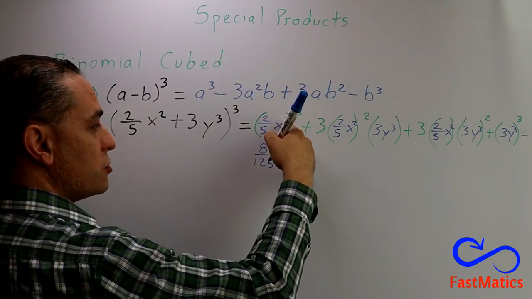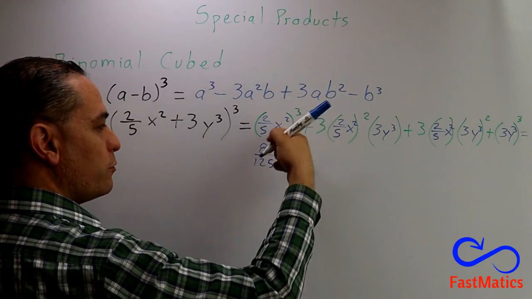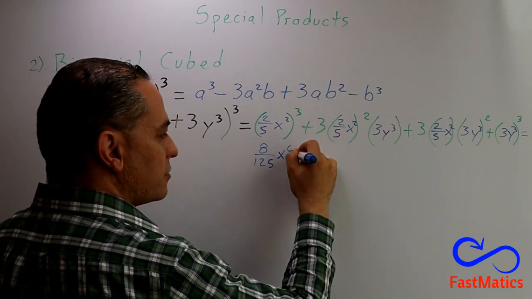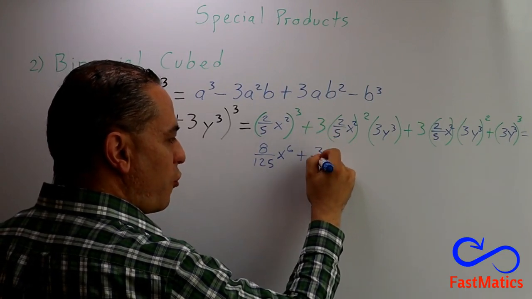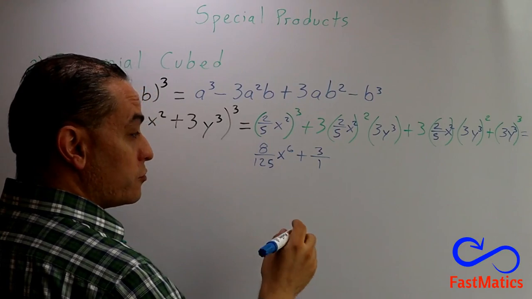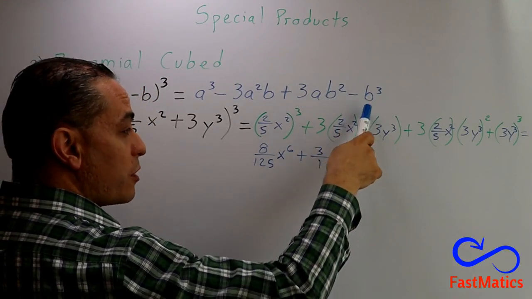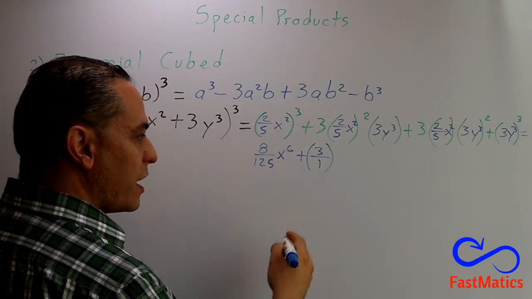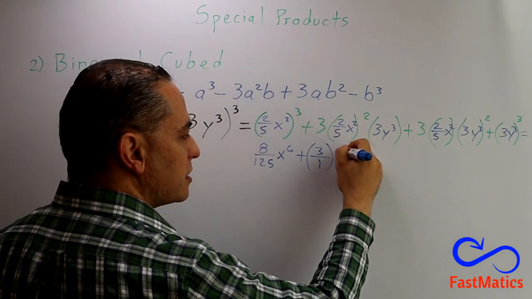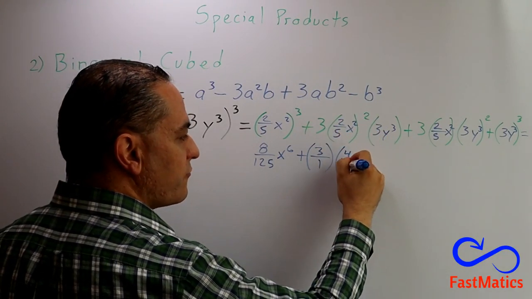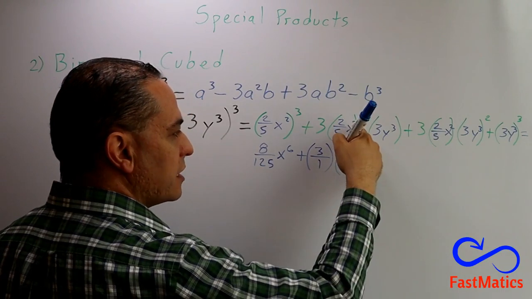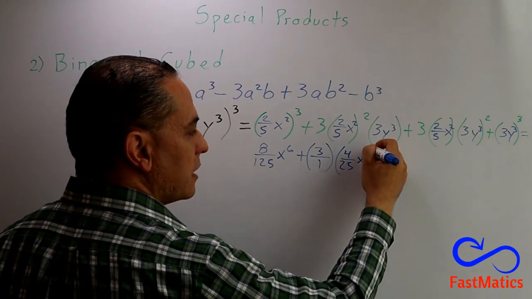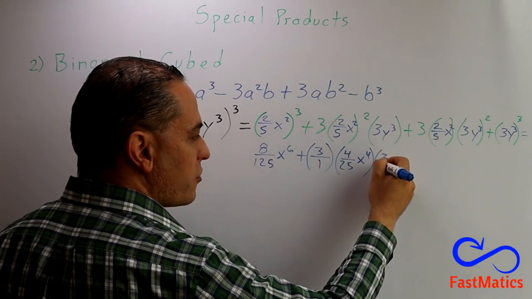x to the power of 2 to the power of 3, we multiply numbers, and 2 times 3, 6. After that, we can write 3 over 1 in order to multiply after that. But remember that first you have to raise to the power of 2, and after that make the multiplications. So we are going to multiply 3 over 1 times 2 squared is 4, 5 squared is 25. x squared squared is x to the power of 4 because 2 times 2 is 4. After that, we can write 3 over 1